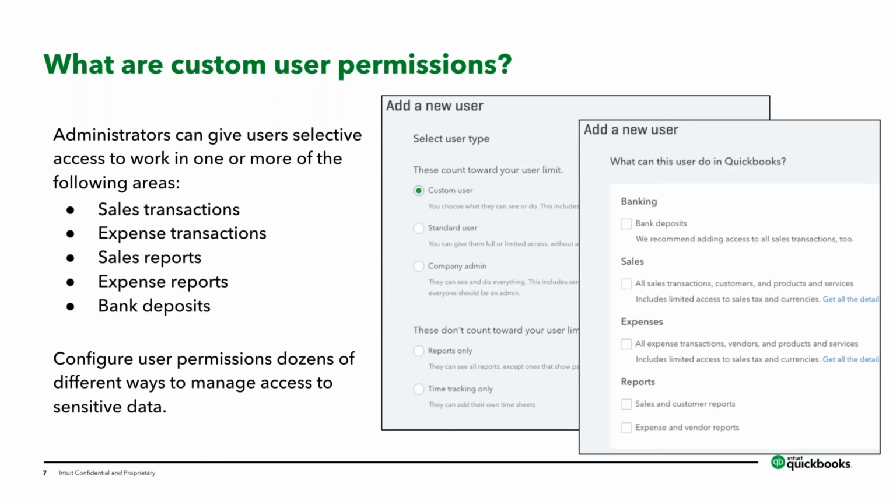The first feature I like to talk about is custom user permission. So we have launched 5 custom roles. And the idea here in the customer scenario that we're solving for is, as I'm sure you know, a small business who has multiple employees. They probably need help generating invoices or making bank deposits, but they're concerned about giving access away to all of their financials to employees. And so what we've come up with is 5 select roles: sales transactions, expense transactions, sales reports, expense reports, and bank deposits. The user or the small business is able to customize these